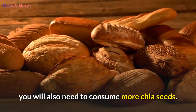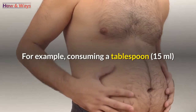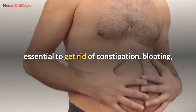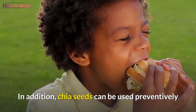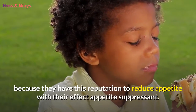consume more chia seeds. For example, consuming a tablespoon (15 milliliters) of these seeds makes it possible to obtain 4 grams of dietary fiber, essential to get rid of constipation, bloating, and relieve bad digestion, as explained by Dr. Barbara Bolin. In addition, chia seeds can be used preventively because they have this reputation to reduce appetite with their